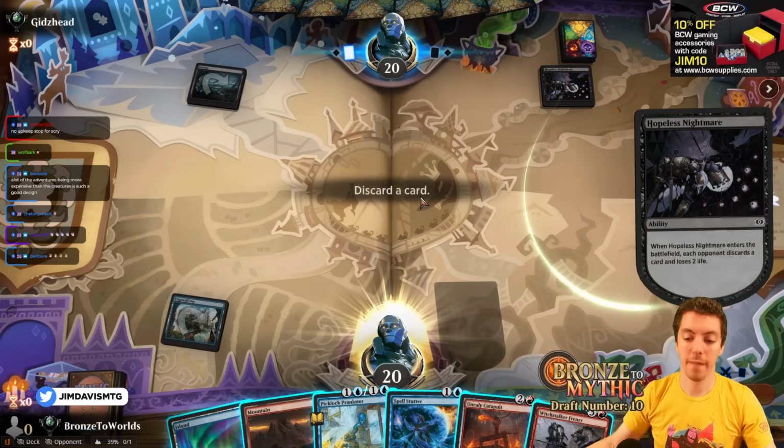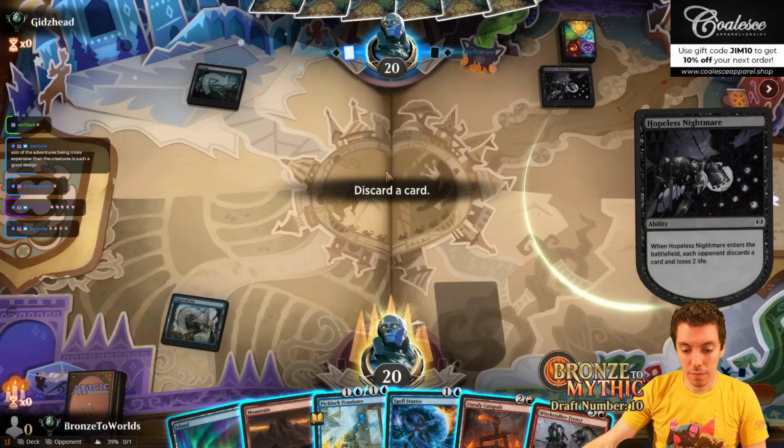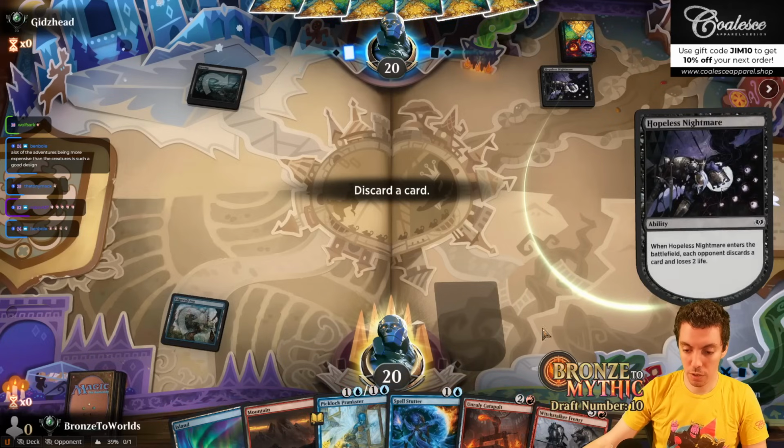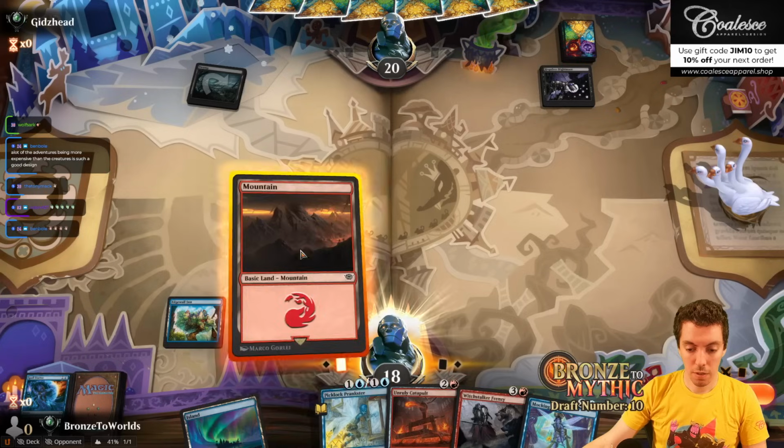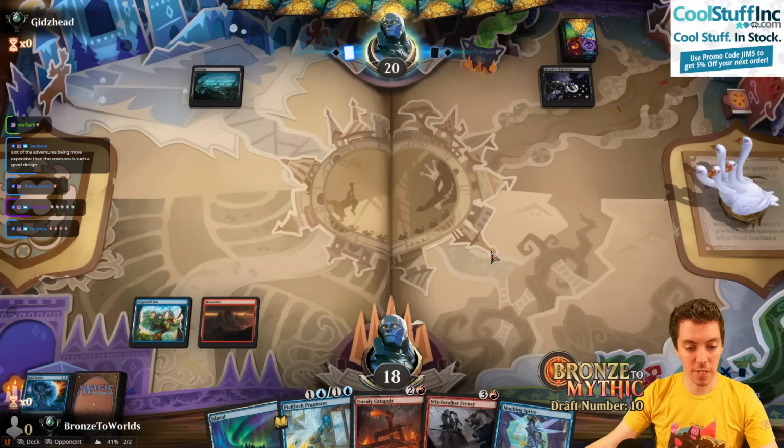Hopeless Nightmare. Wow. What do we dump here? I think just Spell Stutter. It's like our most finicky card. Yeah, I'm just going to Spell Stutter. Alright, so there you go. We got Mocking Sprite. Would have dumped this card if I had given him the option, but...